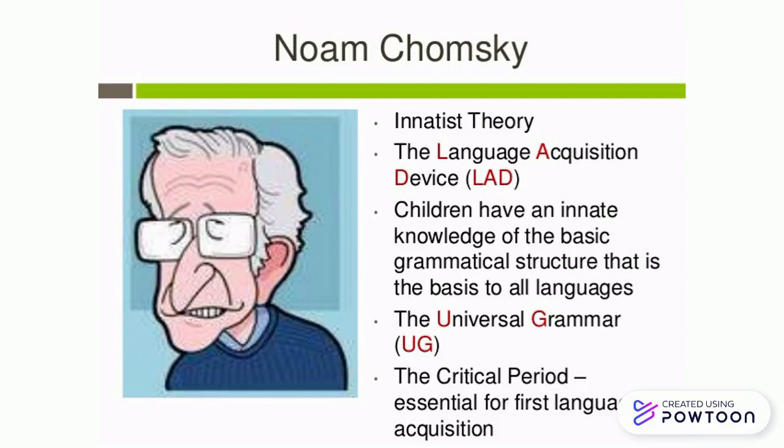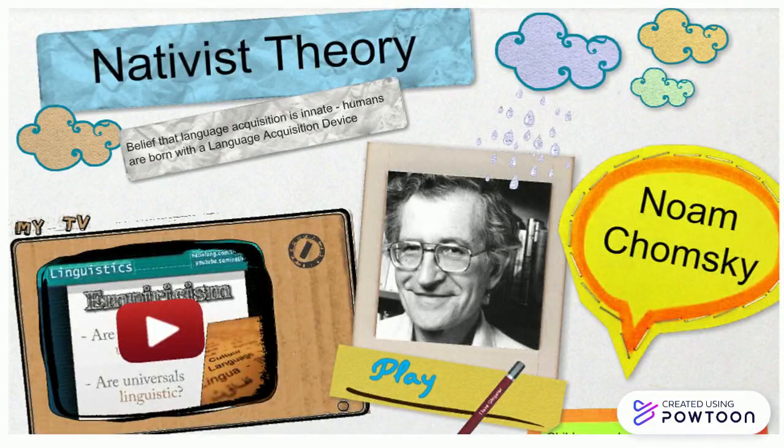The term universal grammar has been used to describe the knowledge contained in the language acquisition device. The process of language development is envisioned as one in which the child discovers which grammar rules contained within universal grammar apply to the language that the child is learning. While behaviorist theory tries to explain progress purely in terms of what is going on outside the learner, the nativists emphasize those factors internal to the learner.